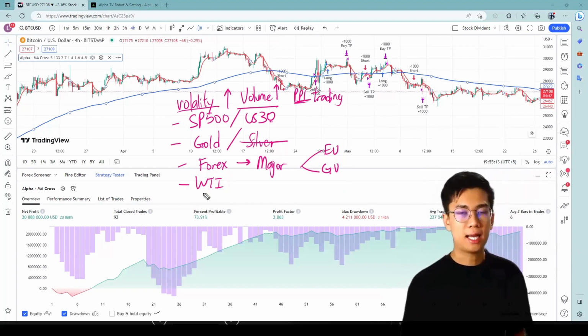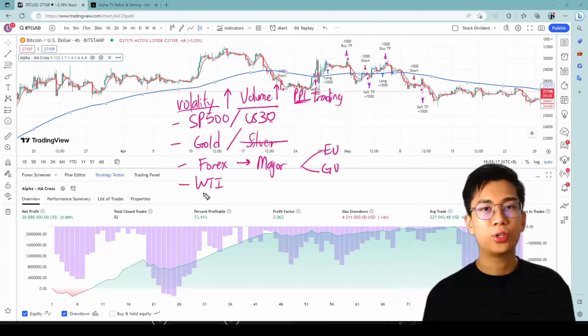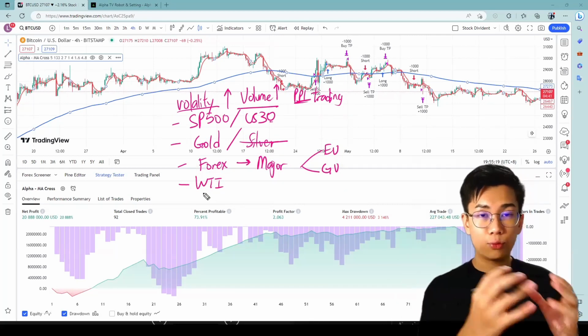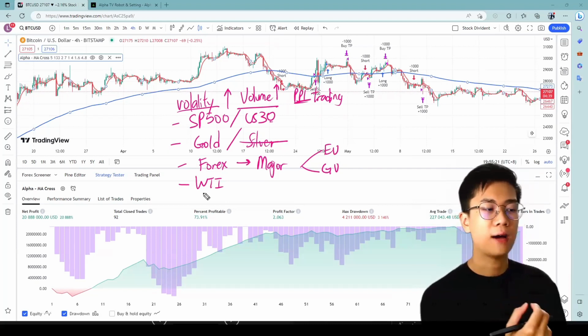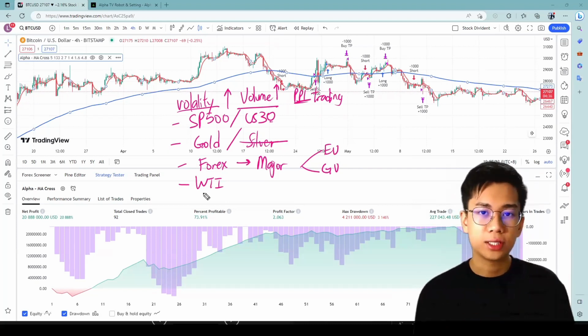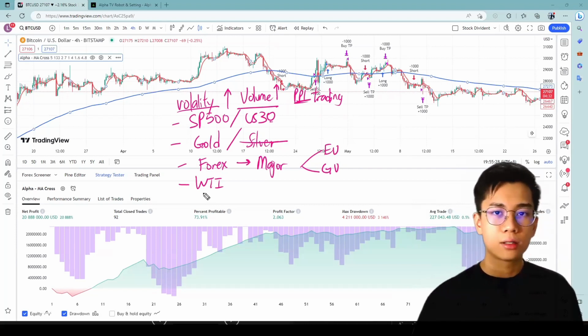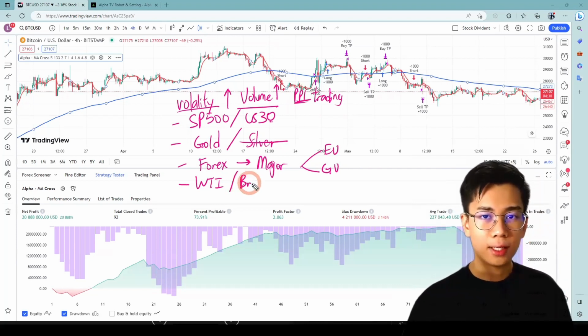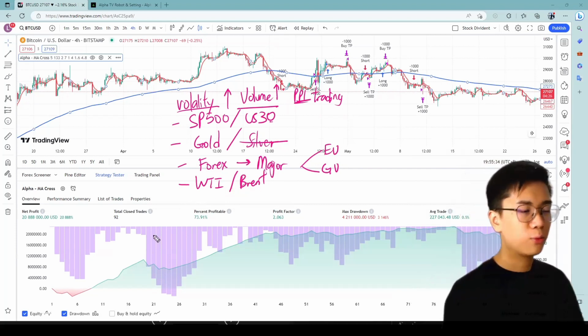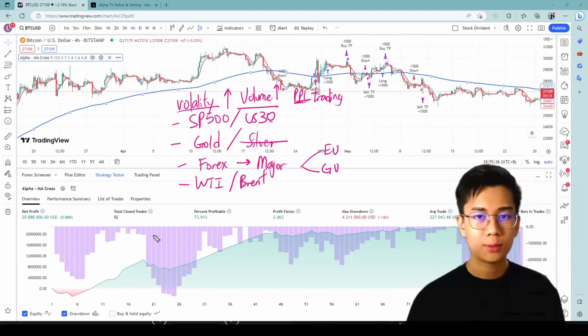Especially in the energy industry, they still need to buy oil. They buy oil not to trade, they just buy it, they just want a contract for crude oil futures. Now, palm oil is not included, only crude oil. Alright, WTI, or we call it Brent oil, UK oil. And if you're asking where is the crypto, crypto is